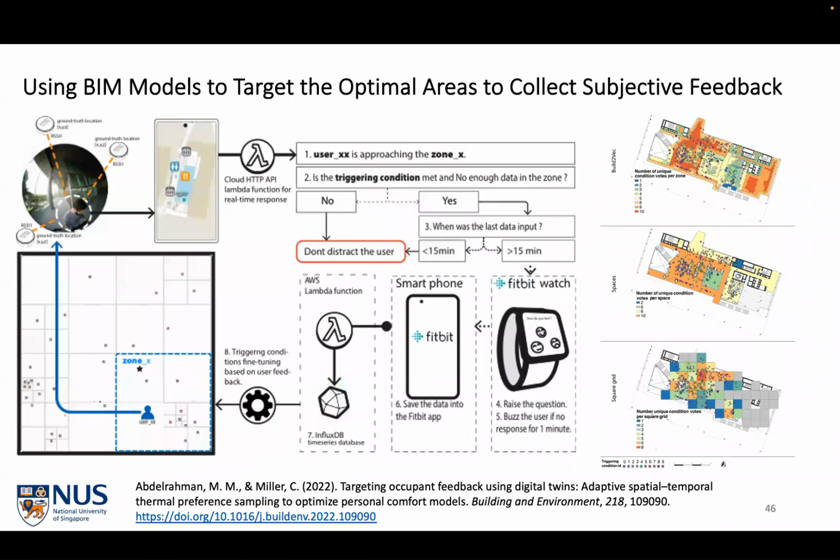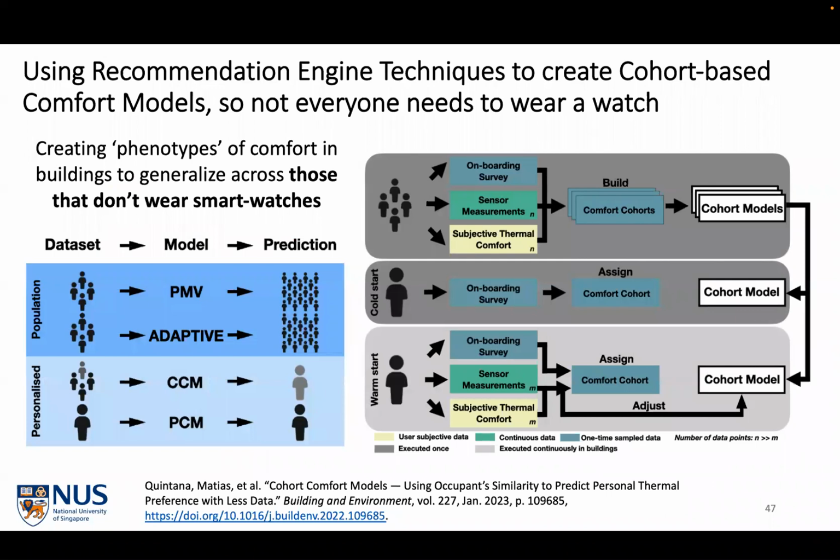So Mahmoud also worked on a way to target when and where to collect microsurveys. Sometimes if you're asking the same person the same question at the same time in the same place, you're actually creating redundant data that's not useful in each incremental additional survey. So we want to target things. So he has a really nice paper you can check out, which focuses on that. And then finally,